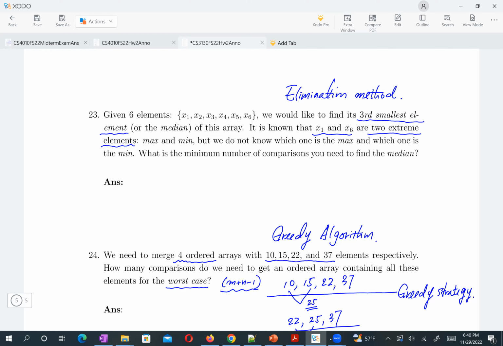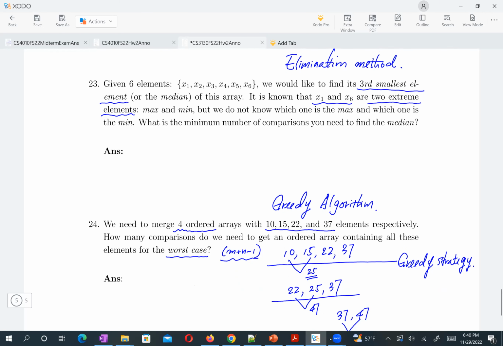After that, your array size becomes smaller, then you look at the original median in the smaller array, to find that element, how many comparisons you need. So that's the